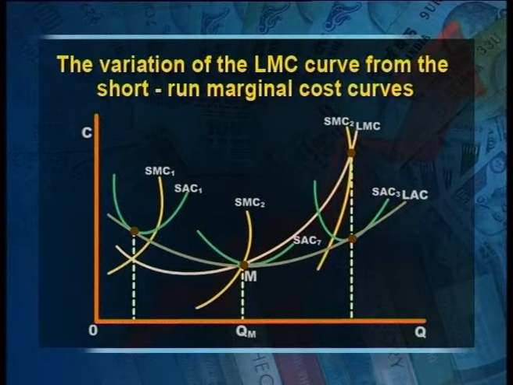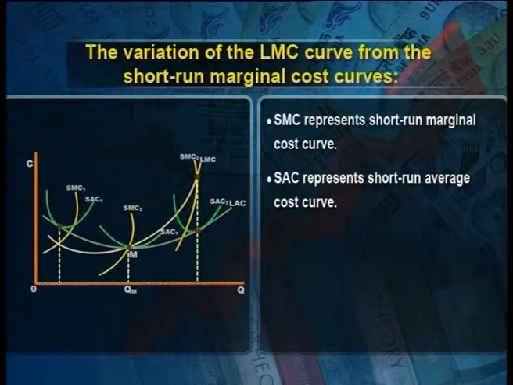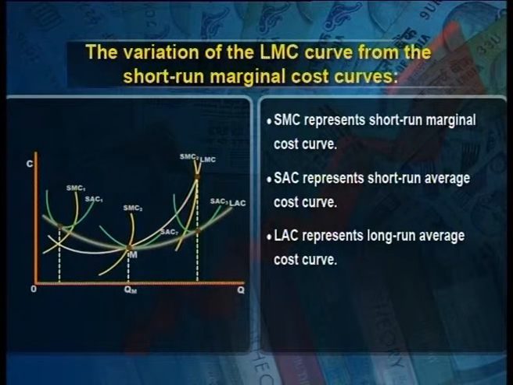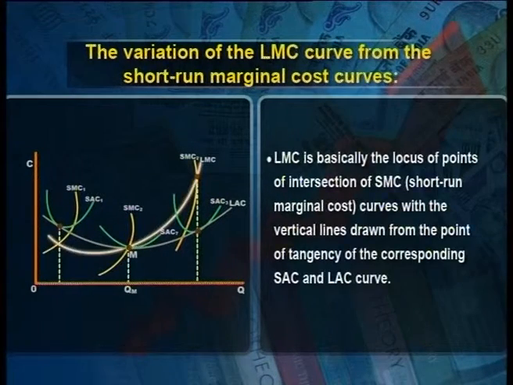Let us now look at the derivation of LMC curve from the short run marginal cost curves. Look at the graph. In the graph, SMC represents short run marginal cost curve, SAC represents short run average cost curve, LAC represents long run average cost curve, LMC represents long run marginal cost curve. So, LMC is basically the locus of points of intersection of SMC, that is the short run marginal cost curves,